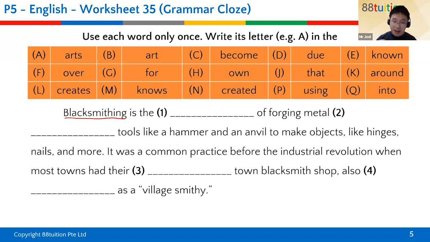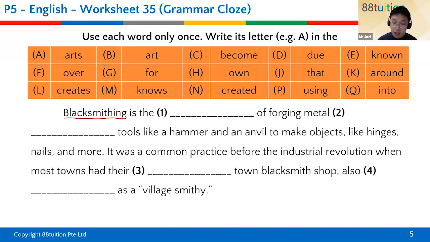We'll have a look at a bit of blacksmithing later, but this is what we're talking about, the main theme of our grammar cloze passage over here. I'm really excited about this because blacksmithing is a really cool profession, and it's a dying profession as well. Not a lot of people in the world are willing to do this because, number one, you have to spend a lot of time in a very hot and sweaty environment. And number two, you have to learn it for a very long time. You would be apprenticed to a blacksmith for at least 7 to 8 years before you can be a blacksmith yourself, and at that time you're not even a master blacksmith. To be a master, you have to put in at least 20 years of effort. Even harder than becoming a specialist doctor.